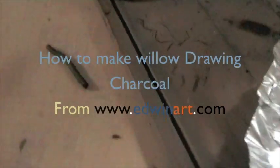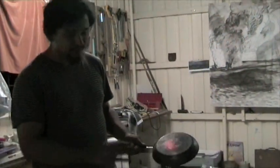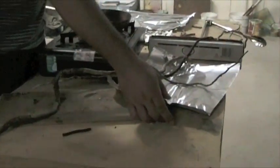How to make it very low budget, low cost. Alright, so I just need a fry pan. This one's not a bad one, I got it from Safeway. It's got a copper plating on it so it conducts heat really well, but you don't need to get one like that. You can just get any old fry pan and just a lid and some cheap